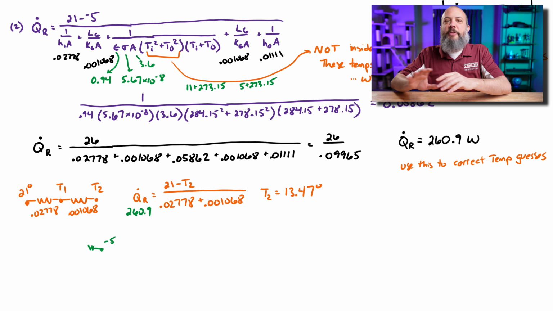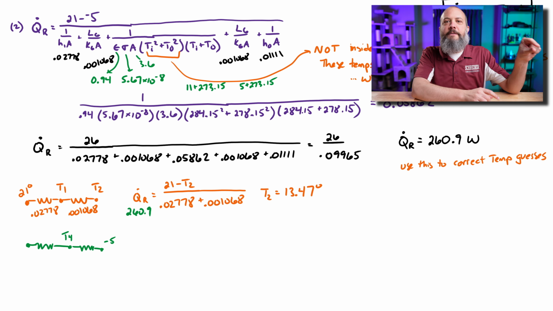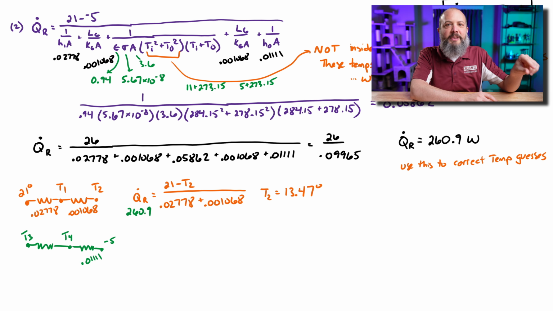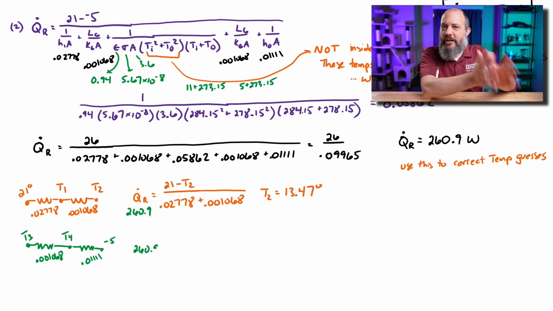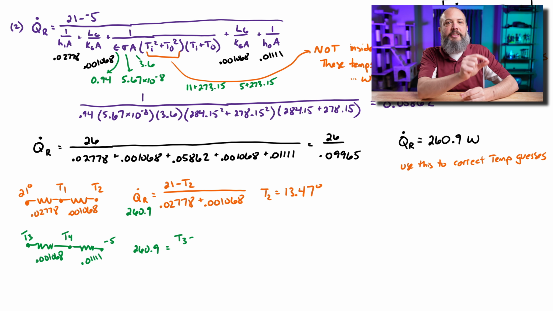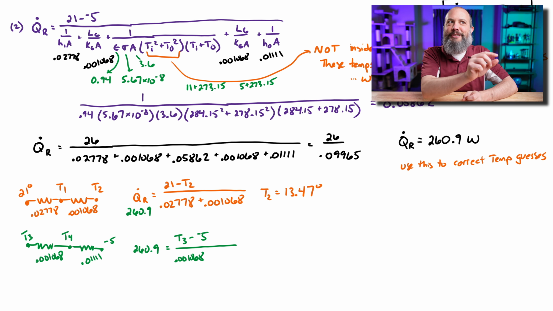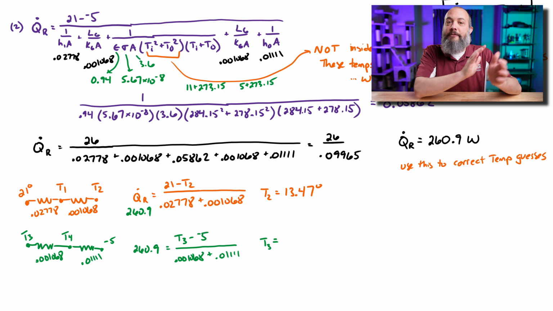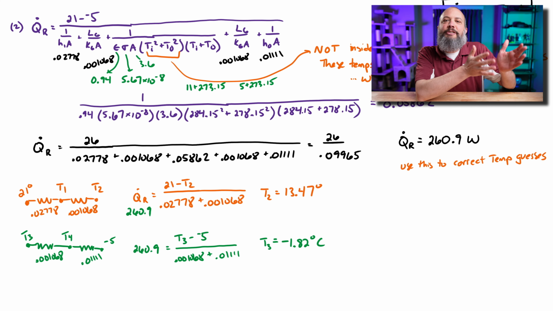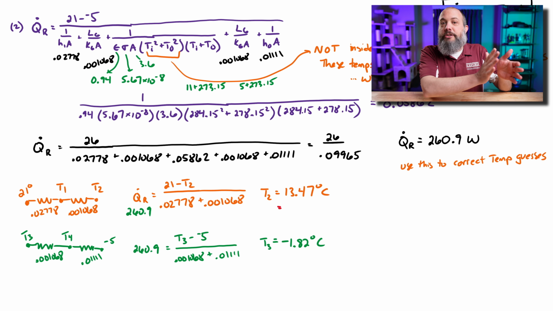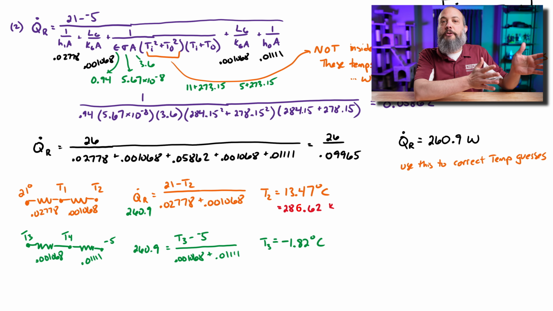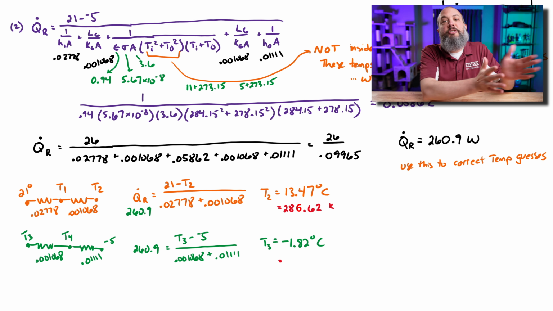So now we'll do the same thing from the outside. From the -5 degrees, we go through the same convection resistance and same conduction resistance through the glass to find out the temperature at the inside surface of the outer pane of glass. And from there, we get -1.82. So it's actually even a really small change, only like a 3-degree change out there. There's a much smaller drop on the outside because the h value was larger, right? Heat transfers a lot easier on the outer pane, so heat goes through easier, which means a smaller change in